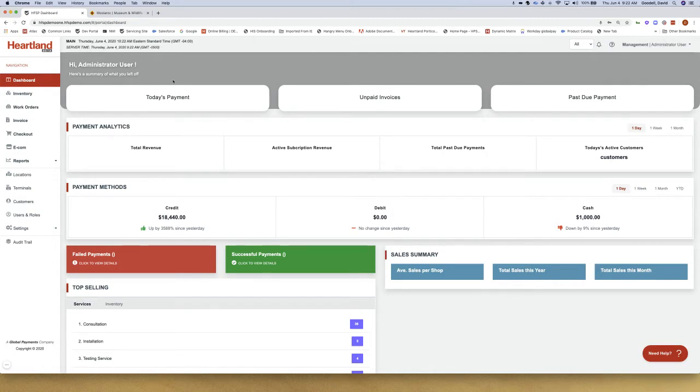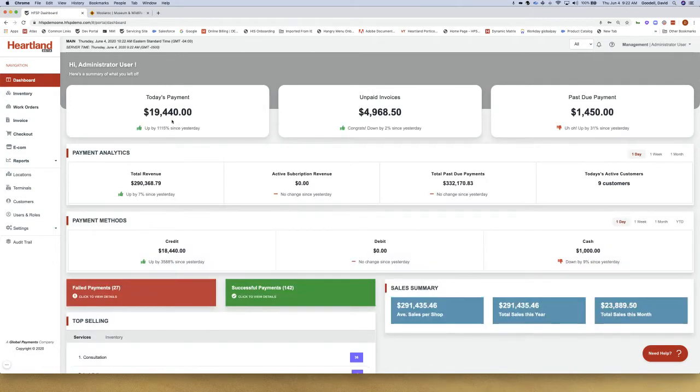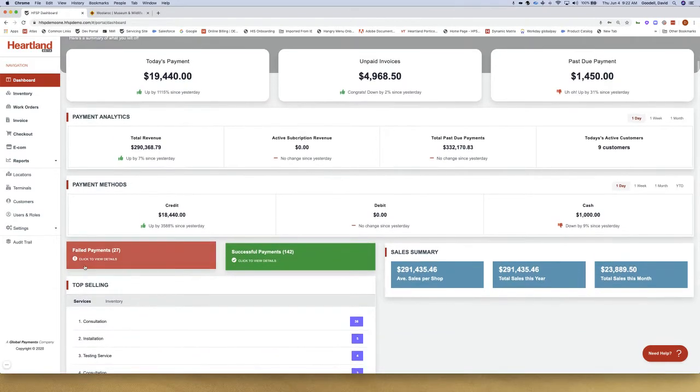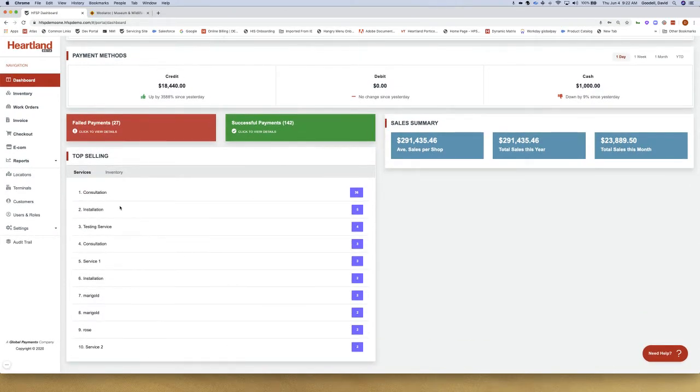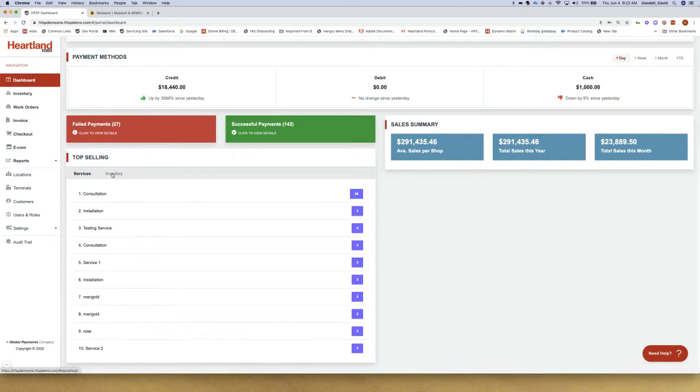And what it's going to do is populate all of the important information, kind of a 30,000 foot view at a glance version of your business. Today's payments, unpaid invoices, past due. We tried to make this information actually valuable to you. So you'll see your failed payments, successful payments, a complete sales summary, as well as the top selling services and inventory items, the top 10 of each. So at a glance, you can quickly see which of your services and inventory items are the most popular and